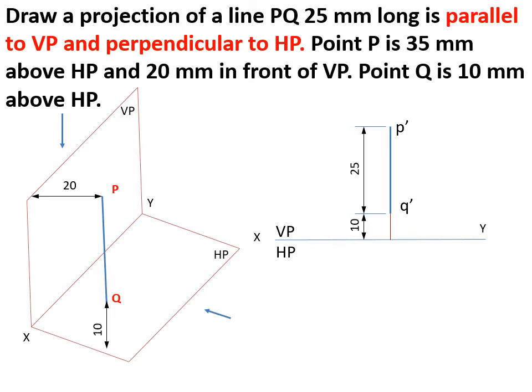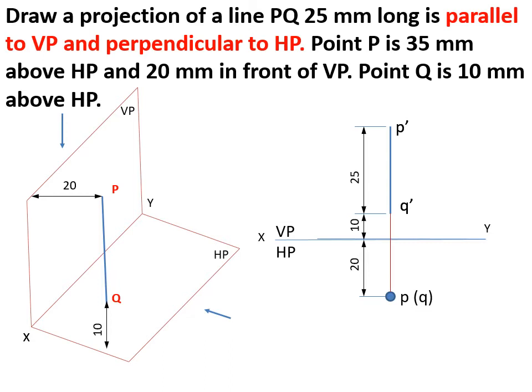In the top view, only point P is visible; Q is invisible or hidden in the line. How can we represent this hidden point? It should be in brackets. It is 20 mm far away from VP, or 20 mm in front of VP, so 20 mm below XY. The notation is P visible and Q in the bracket. Whenever you represent a point or anything in brackets, it shows an invisible or hidden portion.